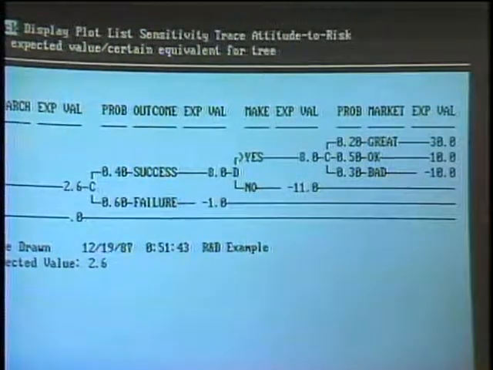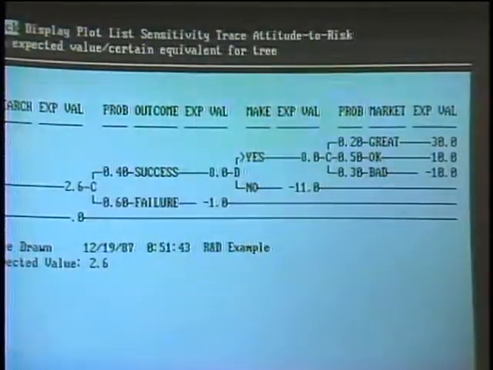Basically what you do is you multiply the probability times the outcome and add them up. 0.2 times 30, 0.5 times 10, 0.3 times minus 10, and you get an expected value of 8. Which is much like if you had a coin flip at a $10 bill, you'd say it's worth about $5 to me. Okay. 8 looks better than minus 11, you might see, so you would choose the market branch,